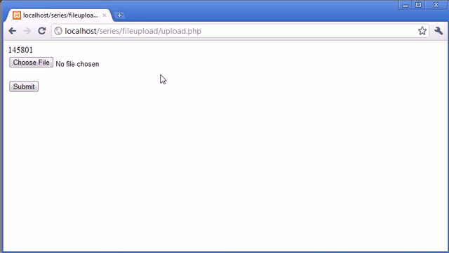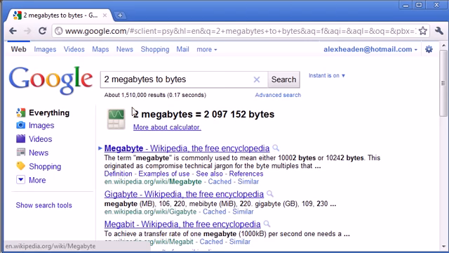So we can use this to allow ourselves to process files. Let's say we don't want an image file over 2 megabytes. So let's stick with a 2 megabyte maximum allowed file size. The way we do this is we can easily work it out using Google. If I pull up this page, you can see I've already typed 2 megabytes to bytes, and Google has automatically used the calculator to work this out for me. It's 2 million and so on. So if we just copy and paste this,